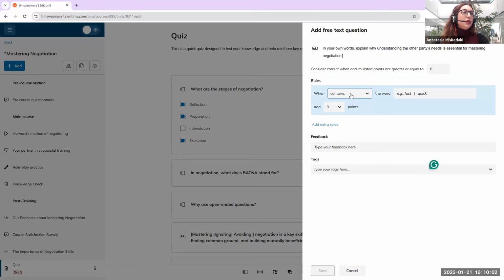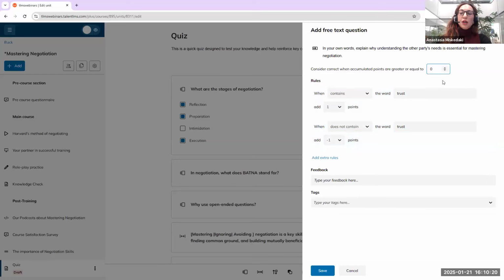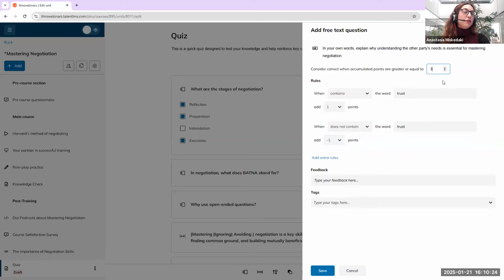So if their answer contains, for example, the word trust, they can take 1 point, and you can add as many rules as you want. Also, you can select does not contain the word trust and make them lose 1 point. And don't forget to set how many points they need to gain in order for the question to be taken as correct. So let's save this